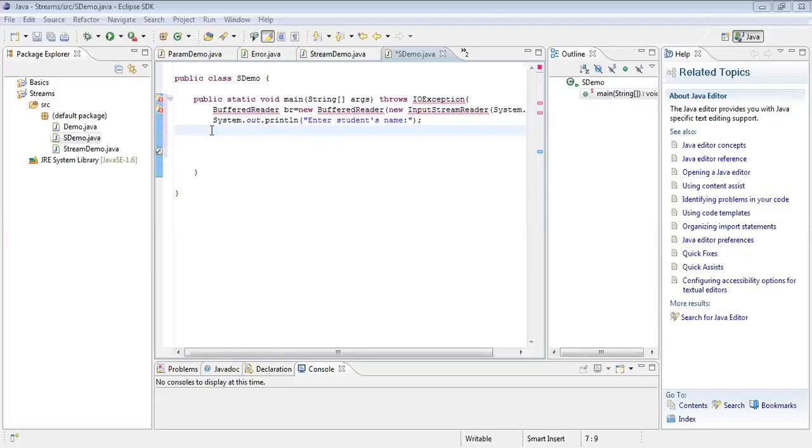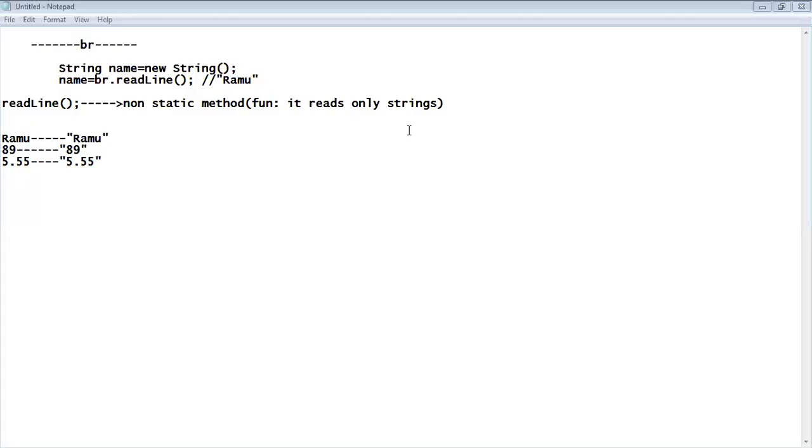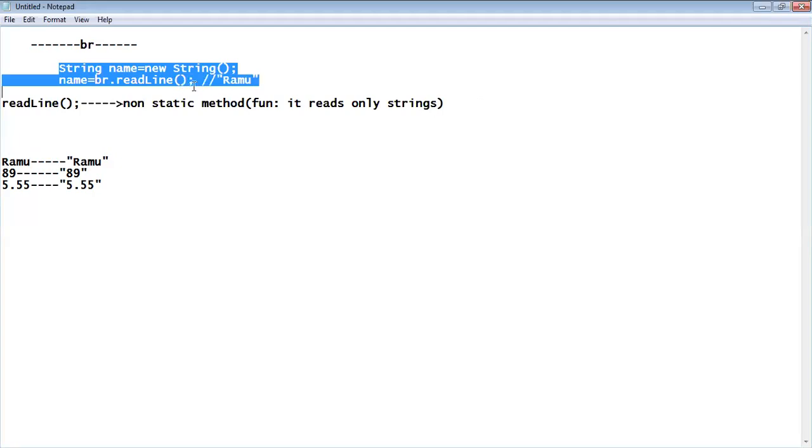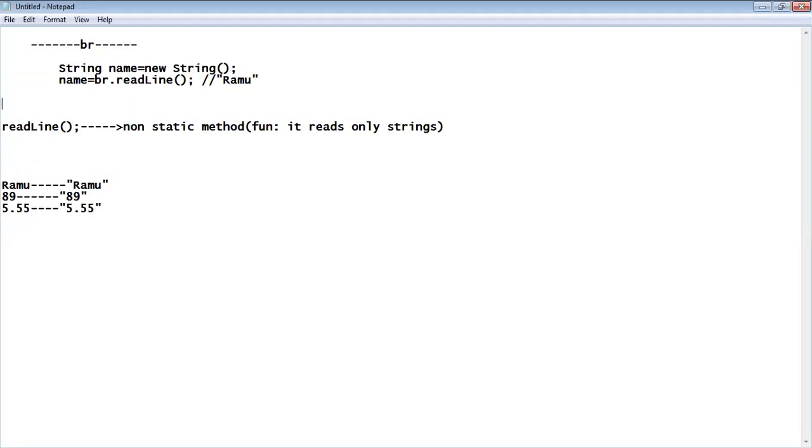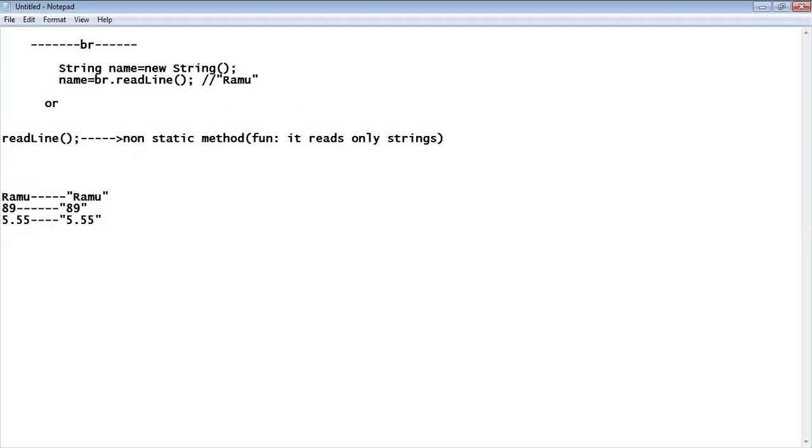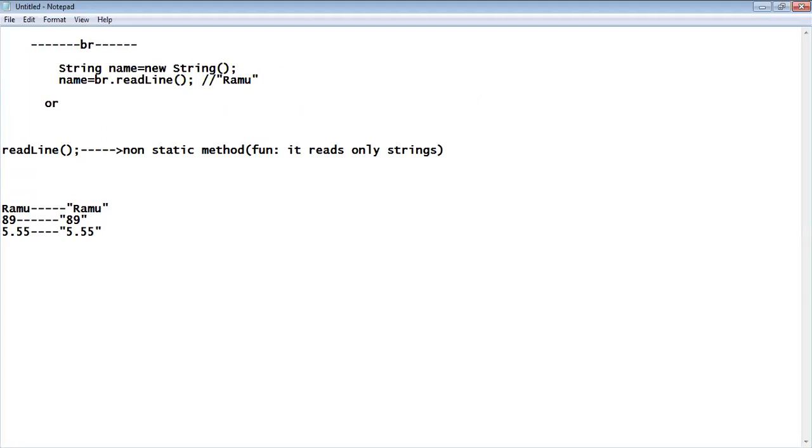So what is the step which we have to write here? An alternative arrangement I will give you, which can be easier for you. How many lines do you have to write? Two lines now. Instead of two lines, I can go with a single line like this: string name is equal to br dot